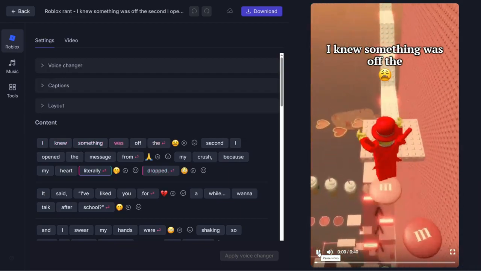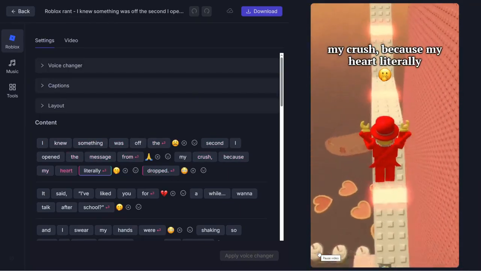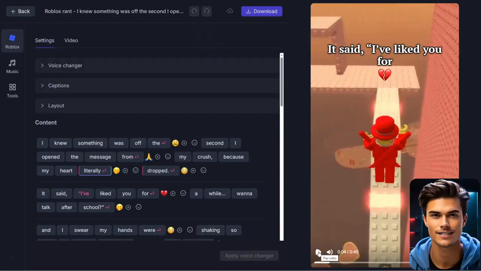I knew something was off the second I opened the message from my crush because my heart. Literally dropped. It said, As you can see, it already sounds a lot better now that both words match the